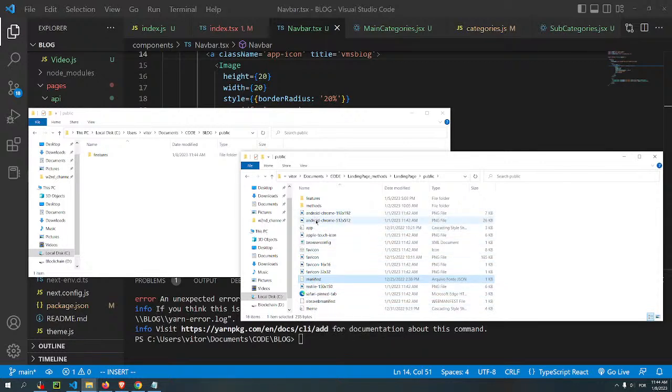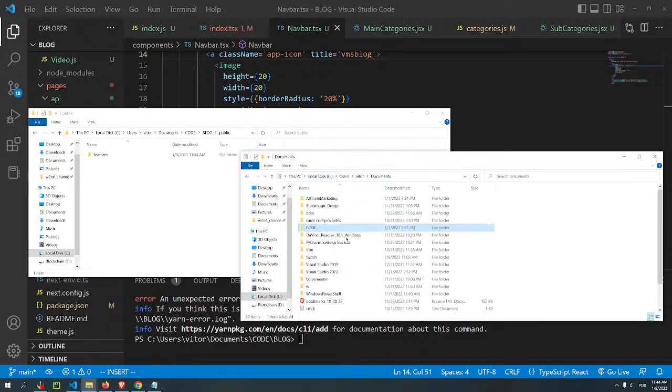Yeah, I think that the rest was just generated. So let me go into the